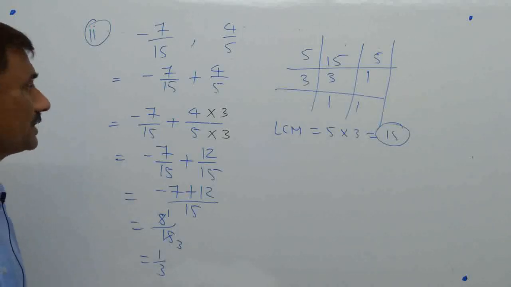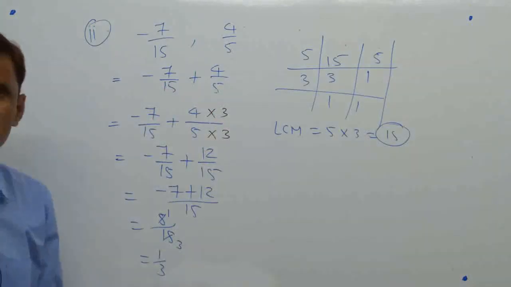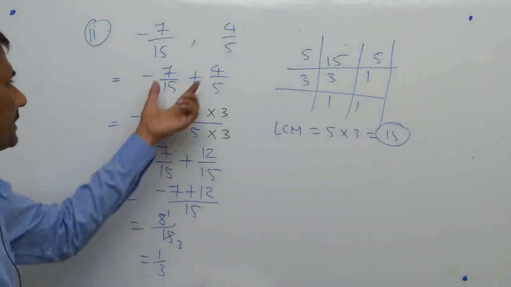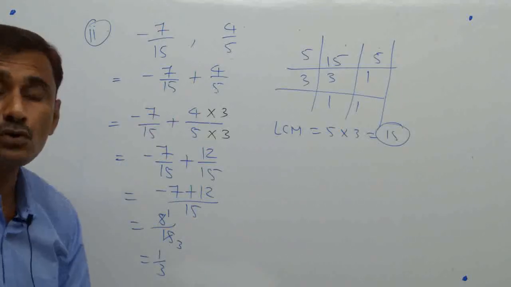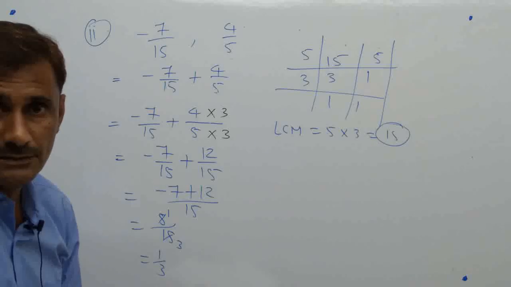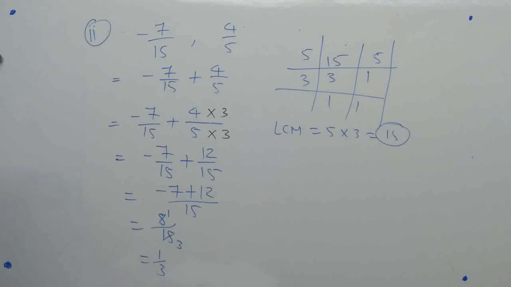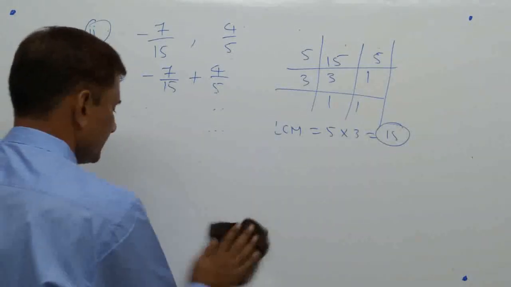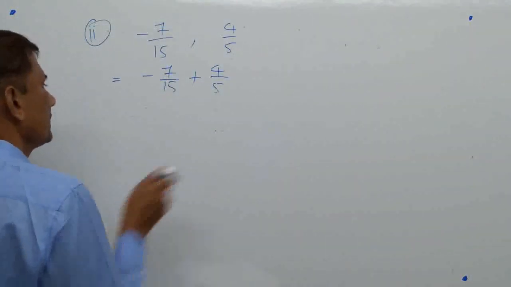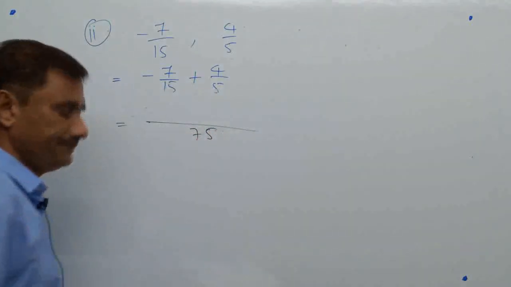Now sometimes students don't take the LCM when two terms are there. If more than two terms are there, then obviously we have to take the LCM only, but here one option is there. Instead of taking the LCM, you can multiply them cross way, means cross multiplication can be done here. Right now we got 1 by 3 by taking the LCM. Suppose I don't want to solve this way, don't want to find the LCM, then just cross multiply. But before cross multiplying, multiply both denominators here, so it will be 75.